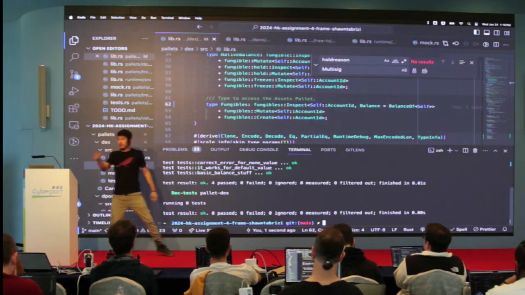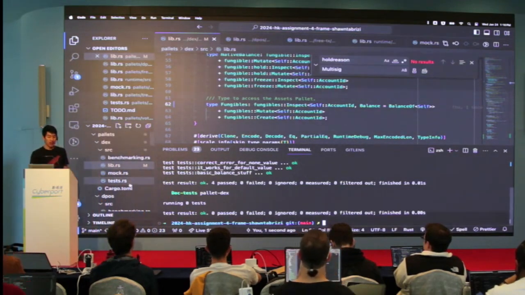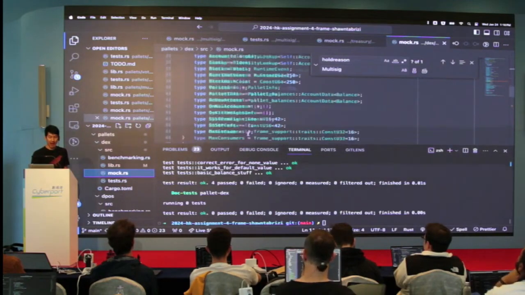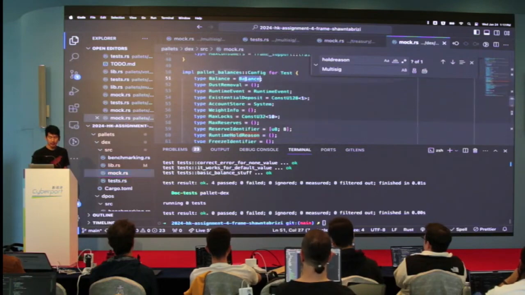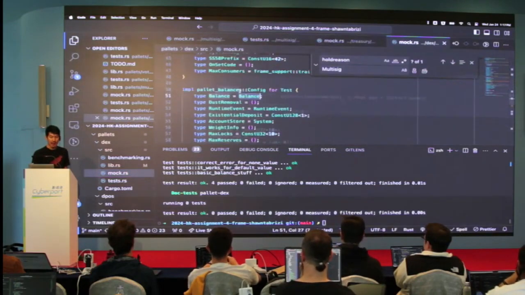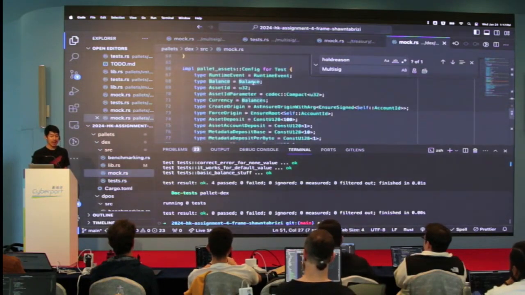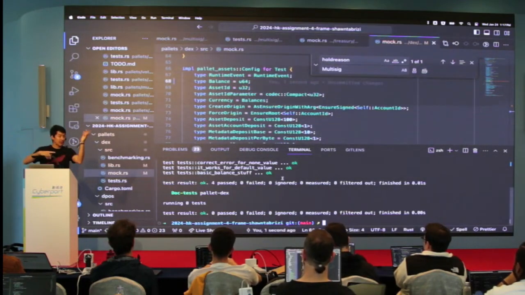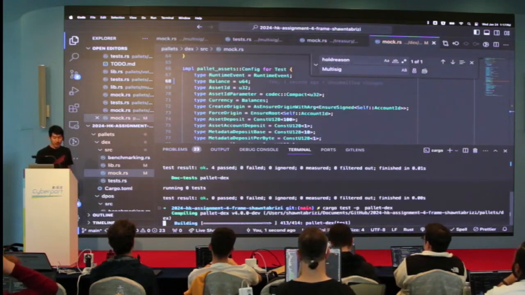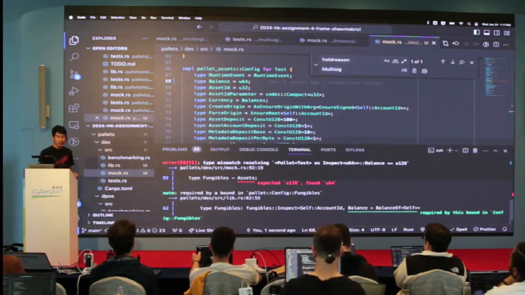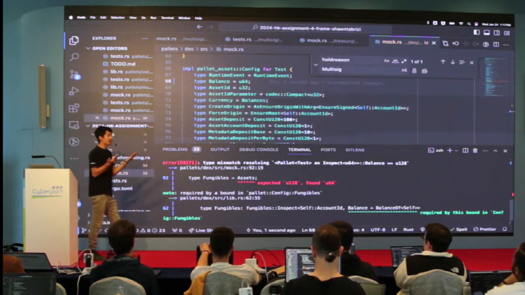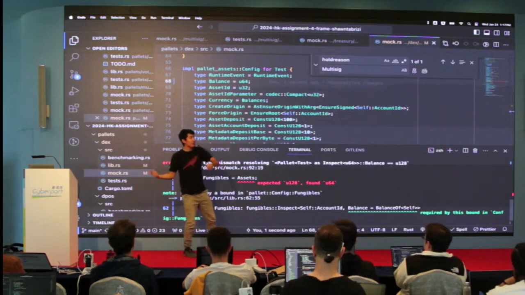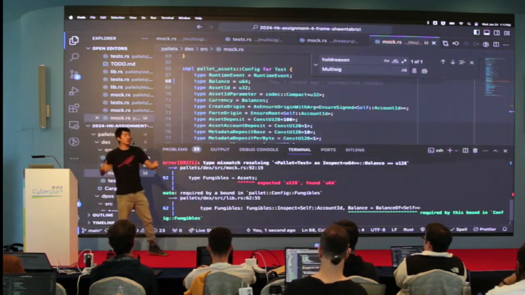And then if you see, the tests pass, my tests worked. That's because in my mock, the balance here is this balance type, which is U128, and that balance for assets was the same. But if I put this as U64, so now balance is U128 and this is U64, it won't compile. It'll tell me that it's not compatible. This error here: expected U128, found U64. So the compiler is preventing me from using a pallet under conditions which are not allowed.